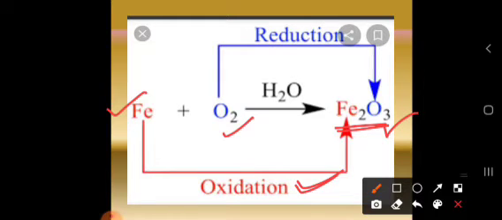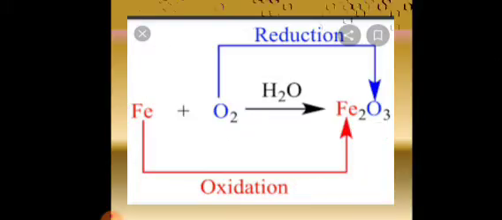Sometimes students get confused about which is the oxidation and which is the reduction. So you have to remember these 4 terms and conditions, then only is it possible to decide which is the reduction and which is the oxidation reaction. So better you take one A4 size paper, write the conditions and keep it on your study table. It will help you remember when we have to consider a reduction reaction and when an oxidation reaction.